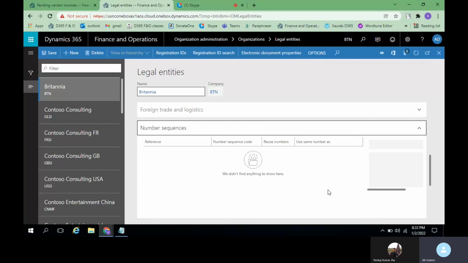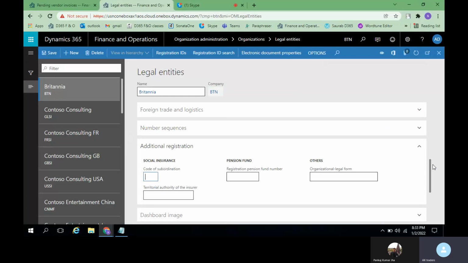While posting a journal entry, it will take CUST 001, and for the second entry, it will take CUST 002. So like this, module by module, transaction wise, you can give the number sequences, and we will be discussing it in detail while creating the number sequences.